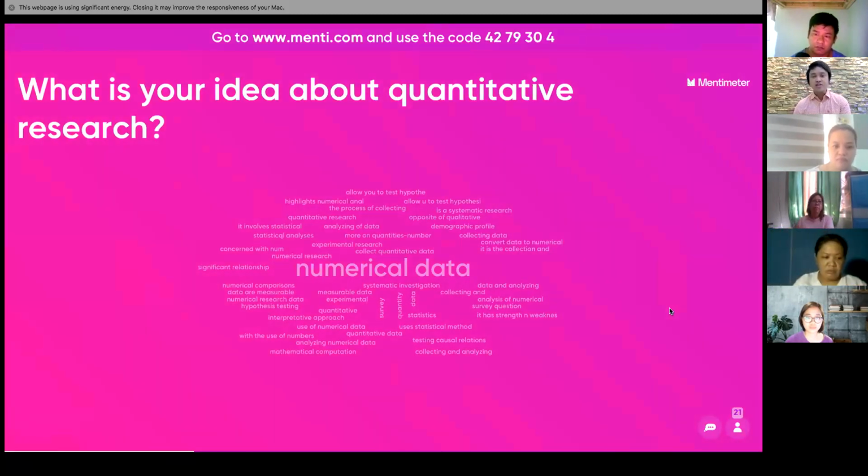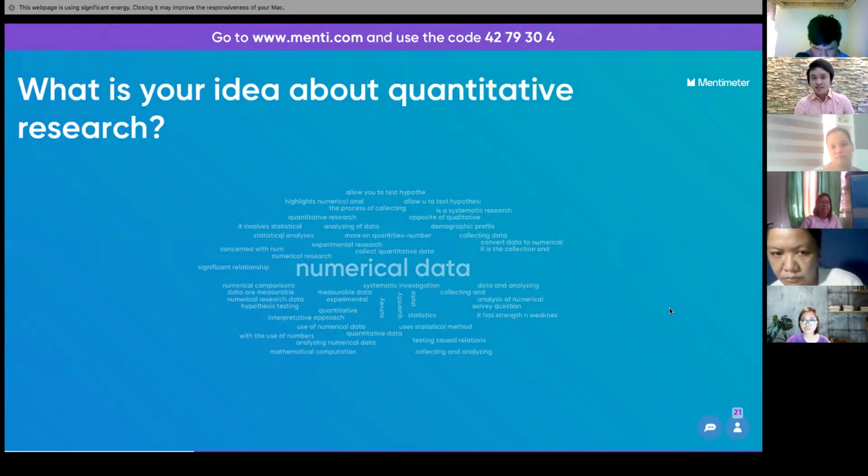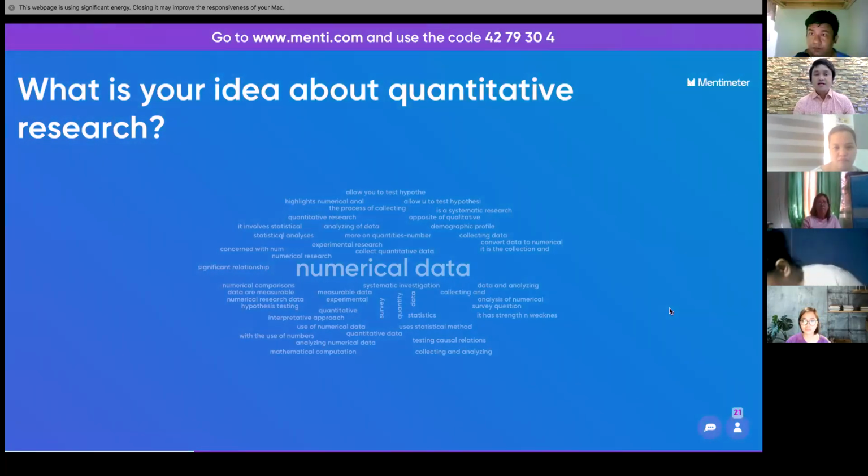Basta lahat ng, in short, when you say quantitative research design, this is a kind of research that is aimed at solving a problem and providing solutions to the problem through quantitative or through numerical data, no? So it can be descriptive or experimental research. Kasi may nakita ko rito experimental research, tama din 'yon. And of course, for all types of research, kailangan naman talaga ng survey, no?